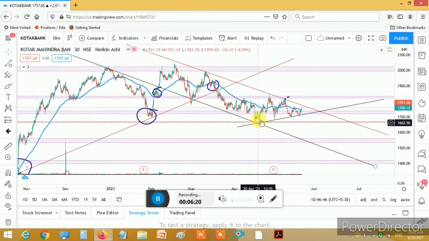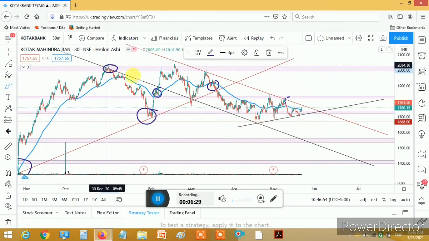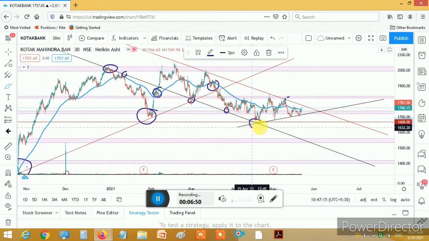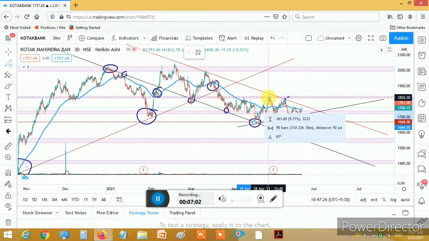You can see how beautifully it touches these multiple points. I will show you how it is rejected at these particular points. This is 1, 2, then it takes support over here, goes to the top side, and again comes to this support. Here you can see there is a horizontal support as well as the channel line it is going to touch. Based on that theory, it is a secondary confirmation: horizontal support along with the channel line. If you have this kind of confirmation, it is possible to get a good point.